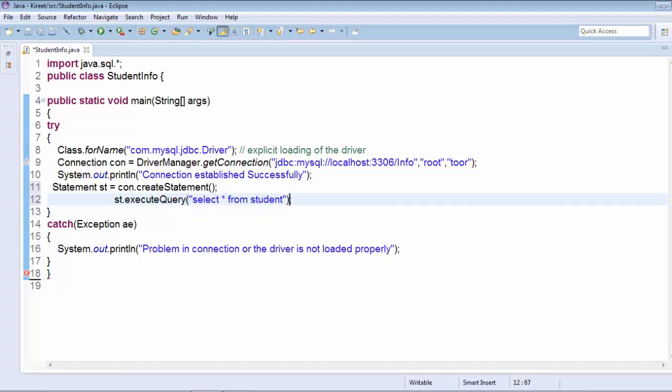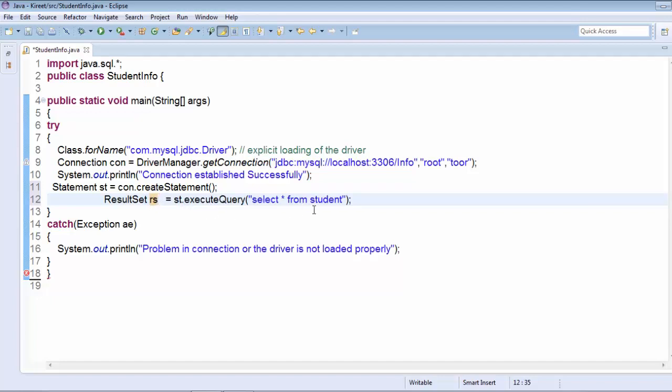It will return a result set object. The result set is an interface and this is a reference to this interface. So execute query will return an object that will be referenced by this reference of result set, and the result is stored in this result set.